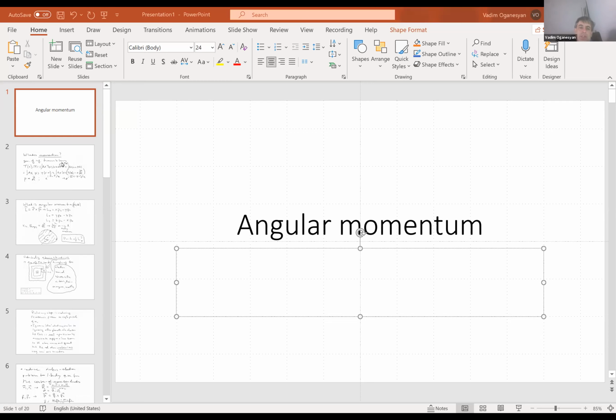So the last two topics in the Physics 442 content of the course are three-dimensional motion and especially angular momentum, quantum mechanics of angular momentum, and quantum mechanics of indistinguishable identical particles. Today's lecture will touch on the first topic, and I will try to make a lecture and record it on the quantum mechanics of identical particles and post it. And the challenge, for me at least, will be to